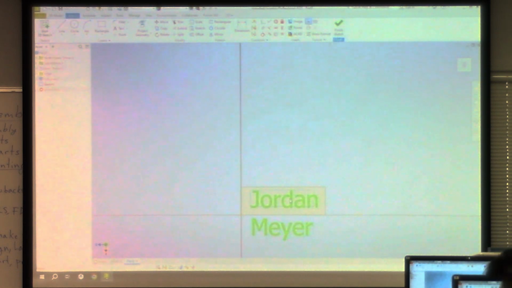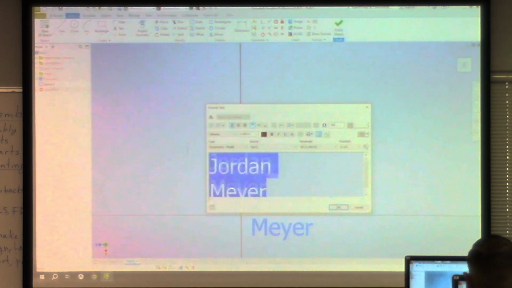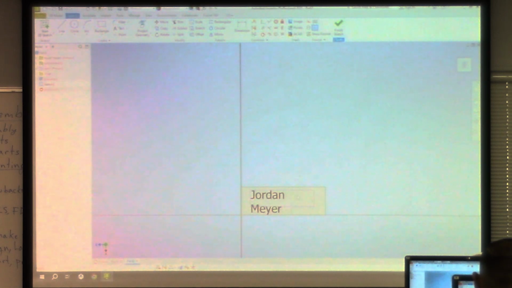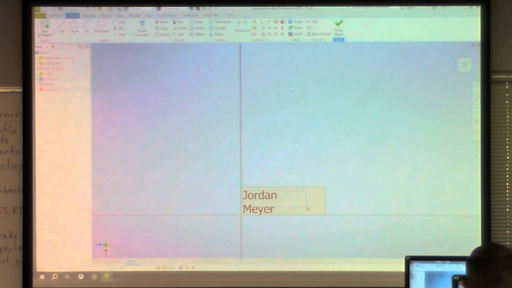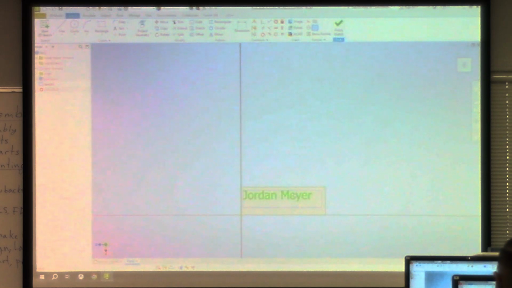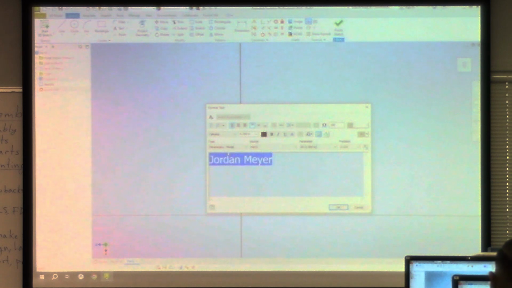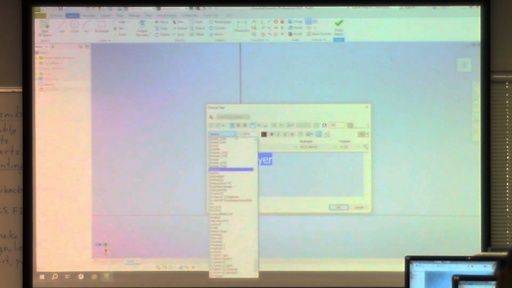So obviously that's a little bit too big because it's going over the bottom of my thing. So I can make this smaller. So I could make that 0.3, say. And then the other thing is that I can change the font. So right now I'm just using kind of a plain font here, but I can go in here. Again, I have to highlight my name, and then the font is up here. So Tahoma is what I'm using right now. It's kind of plain, but